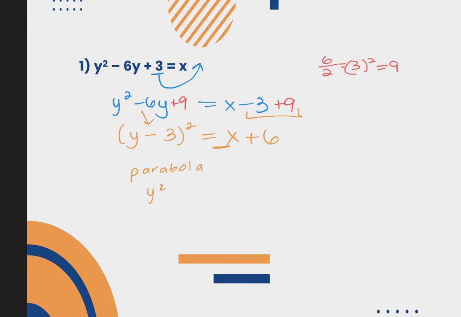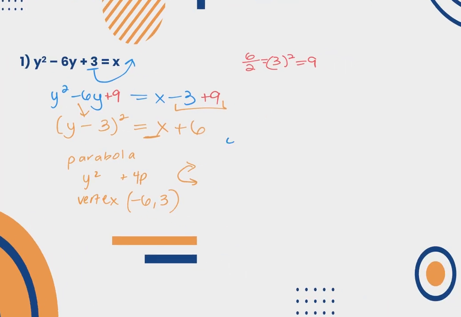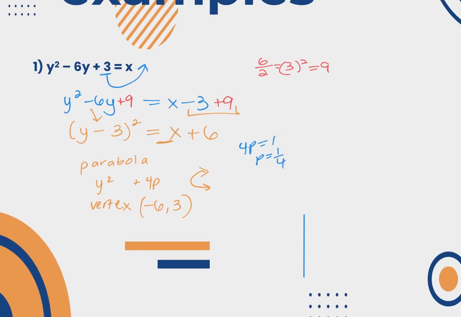I know it's a y squared with a positive 4p. So it's going to face the right. I know my vertex is negative 6, 3. And my 4p is 1, so p is 1/4. The test is going to ask for like the vertex and the 4p. So it's going to tell you to put it in standard form and then answer, depending on what it is,